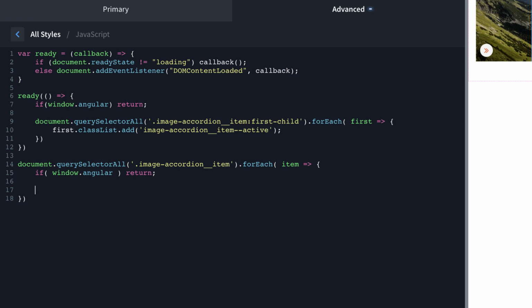Now, for each item, we need to add event listener. We're listening for a click, and then we're running a function. So we're going to pass in the event object because we're going to need that to do some targeting wizardry here. And the first thing we need to do is we don't want more than one active item. So when we click an item, we need to remove the active class from all the items that have that class. So the way we can do that is we can do event.target, which gives us the item we've clicked,